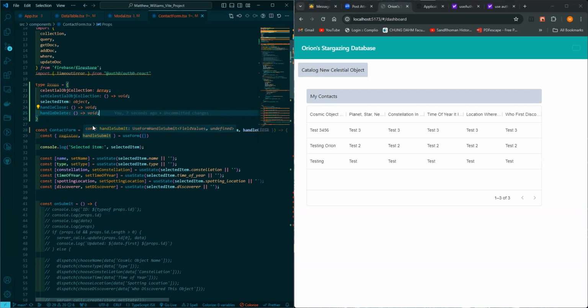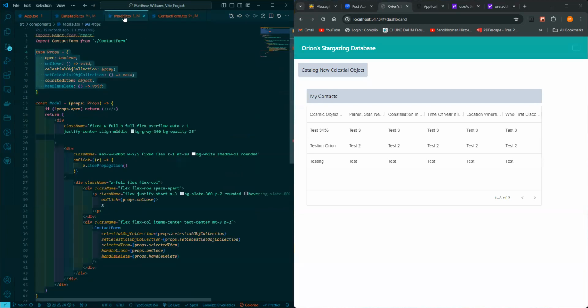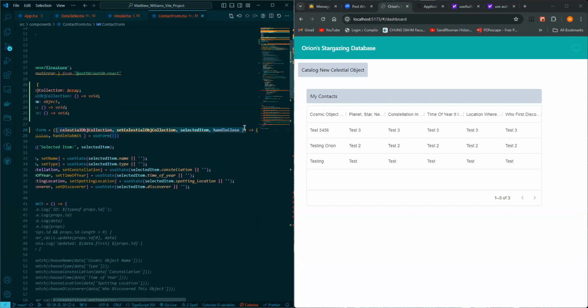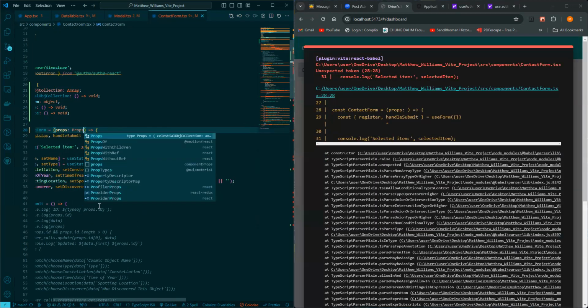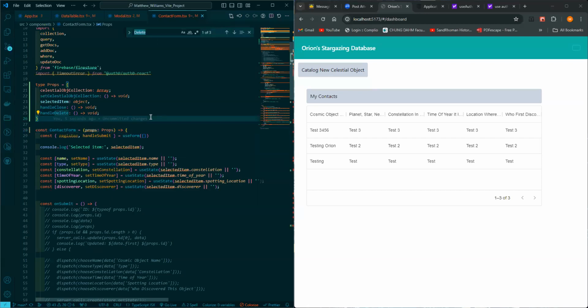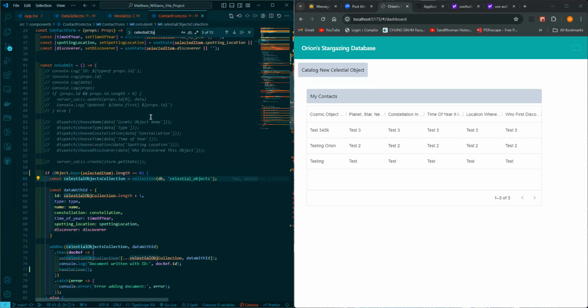So let's see over here again as well. Props is props over here. So then in that case, let's state here then that props is props in the same fashion, but we're going to have to update a few different lines of code in here. So I'm going to have to say celestial object collection. That's where we're going ahead here. Let's go ahead and state props